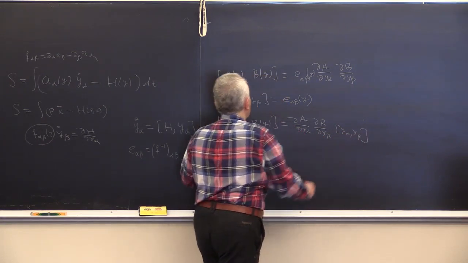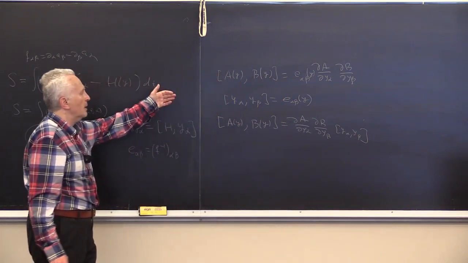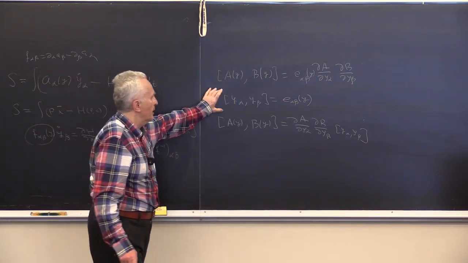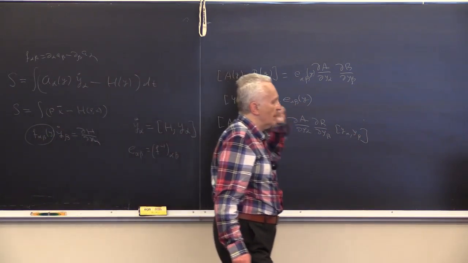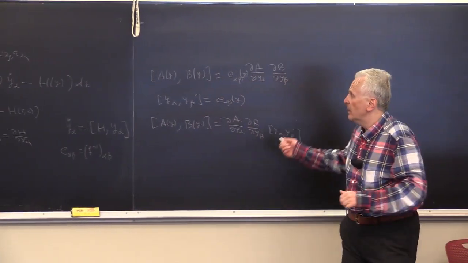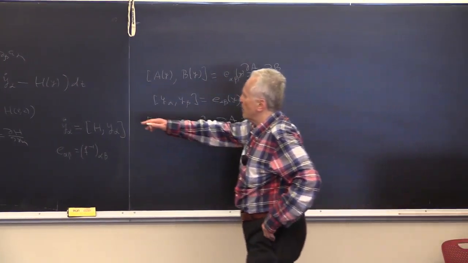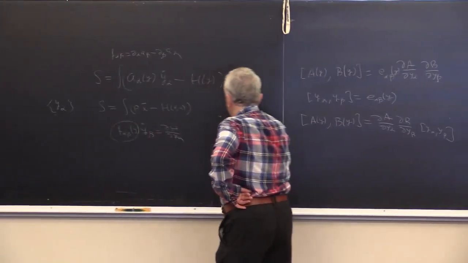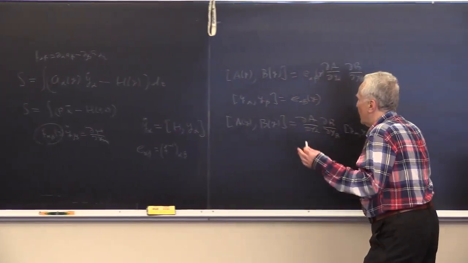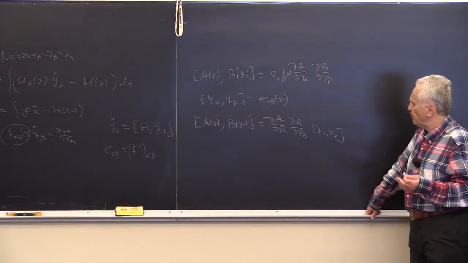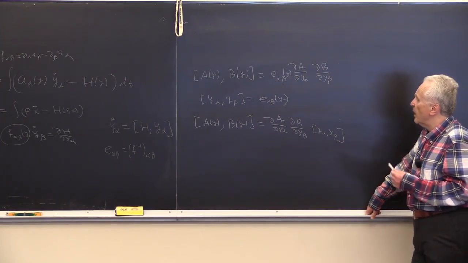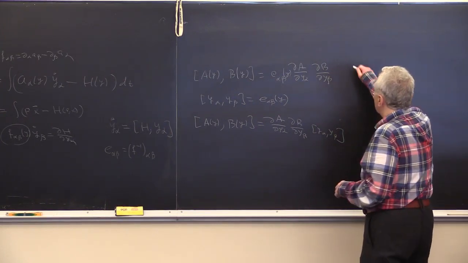The fundamental bracket definition is this, and this tensor E is called the symplectic structure. The inverse is the Poisson structure, and this function should satisfy